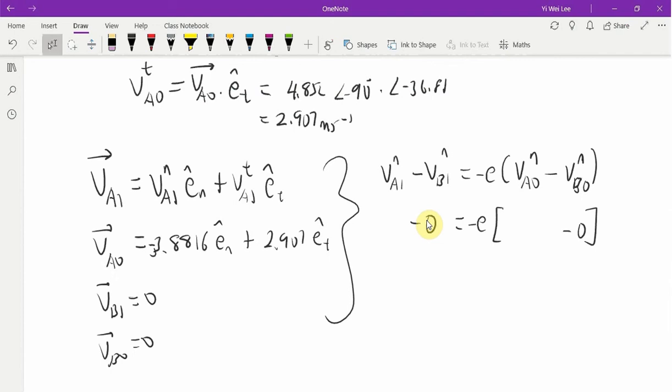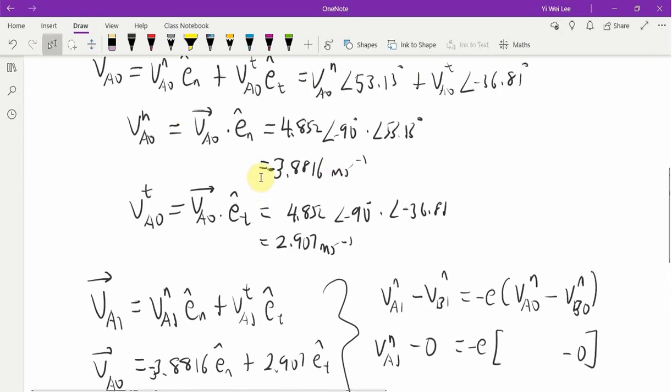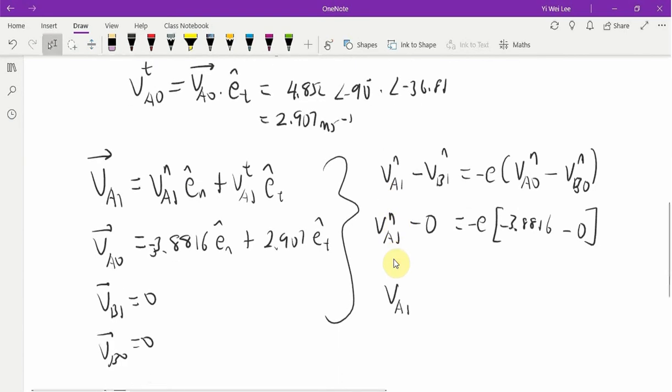Right? And what is VA1N? VA1N is actually this term here, which is an unknown, so we just place it as VA1N. And what is VA0N? VA0N is basically just this term. Remember this thing that we did here. So it's negative 3.8816. Now, doing this, eventually we can find the velocity of A1 normal, meaning the velocity of A1 normal